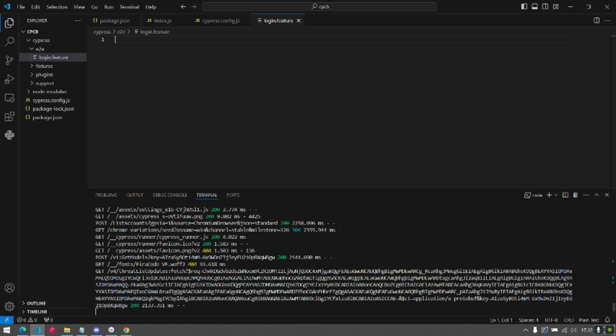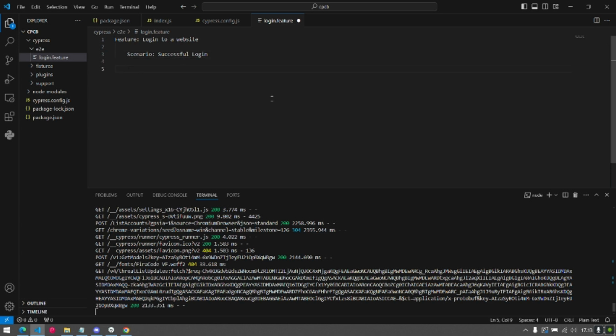We can add a Feature, and then we add the Scenario, uppercase, successful login.